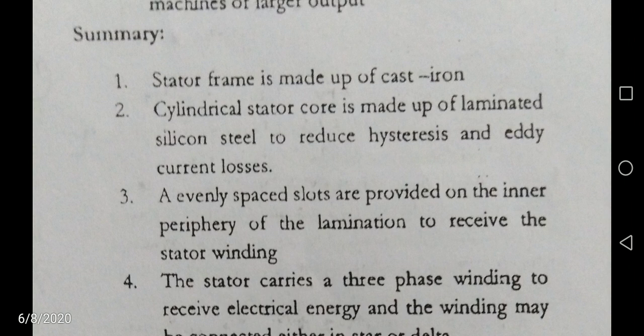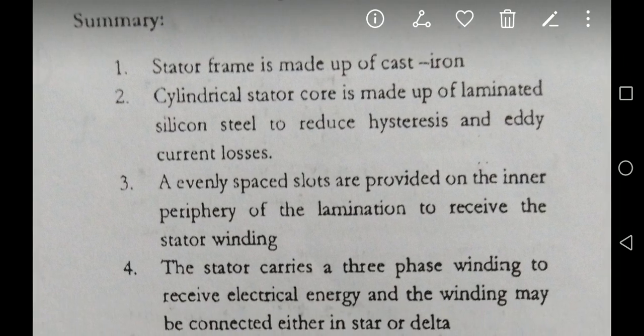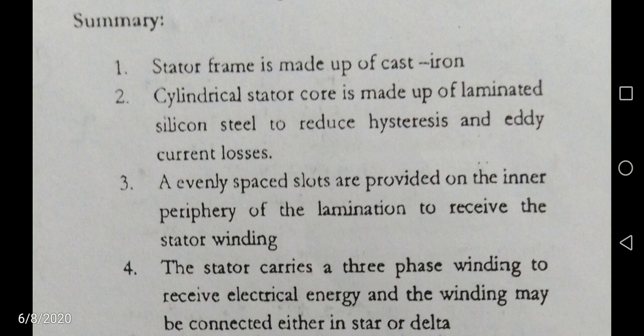In squirrel cage there is a problem of low resistance, so we go for a modified squirrel cage machine. Squirrel cage is modified as skewed rotor and double cage rotor. By that also we cannot reach the higher starting torque, so we go for the slip ring induction machines. In a slip ring induction machine, higher torque is available because it is connected to the external resistance.